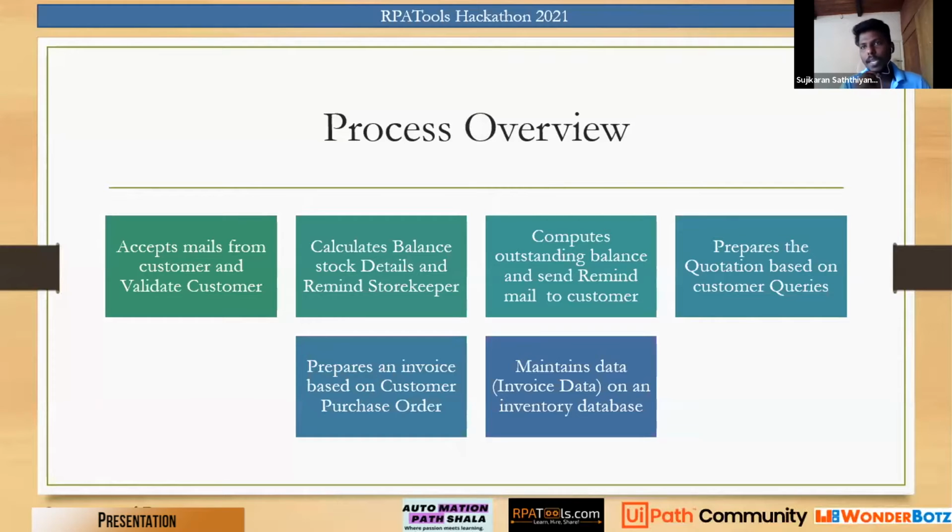So I'm using only email automation and Excel automation. Both features are developed in this project. For the overview of the project, first of all, it accepts the mail from the customer and validates the customer. For this purpose, we need to develop a static format for a quotation request and a purchasing order. For a new customer who sends a request to us, it's difficult, because they can't understand our guidelines or know the details of how to send the request through the bot.